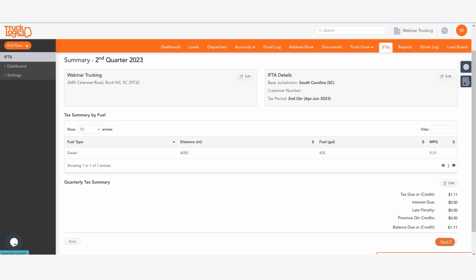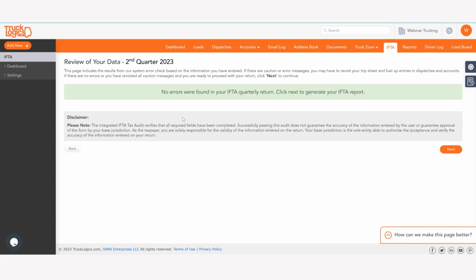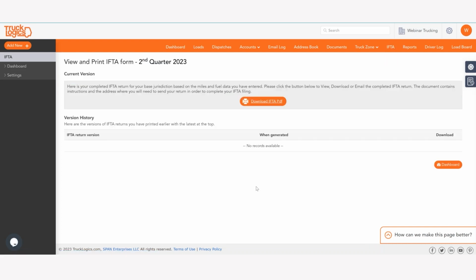And then you can simply press next. Our system checks for common errors, meaning any blank spaces. So once you are comfortable, you will click next,